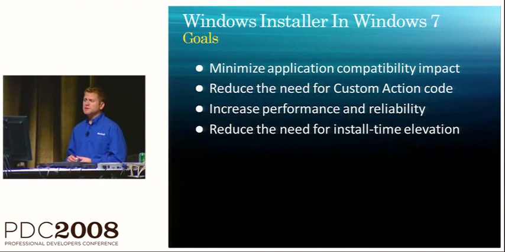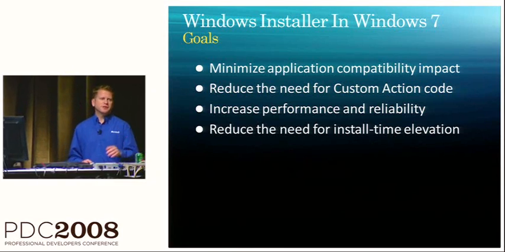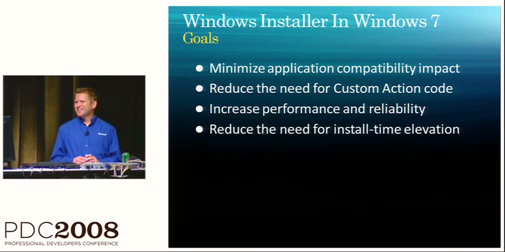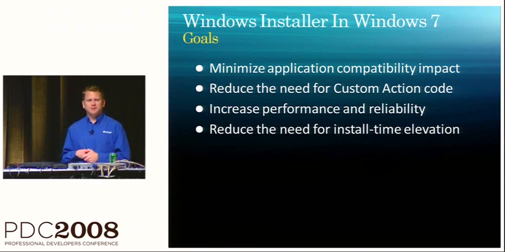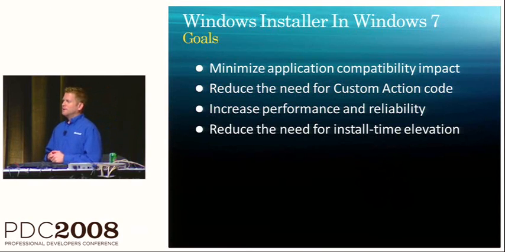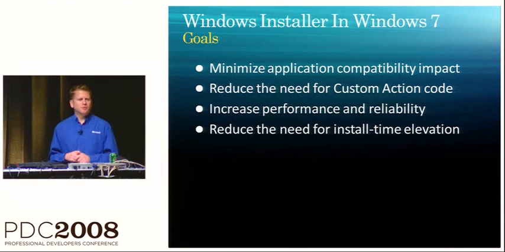So the goals of the Windows installer in Windows 7. The first thing was to minimize application compatibility impact. I spent a lot of time talking to people during Windows Vista about the app compat impact of some of the things we did in Windows Vista. And it wasn't specifically with just the Windows installer. There was a lot of UAC and things like that that really messed up people's installations. So one of the primary things we wanted to do in Windows 7 is to have minimal